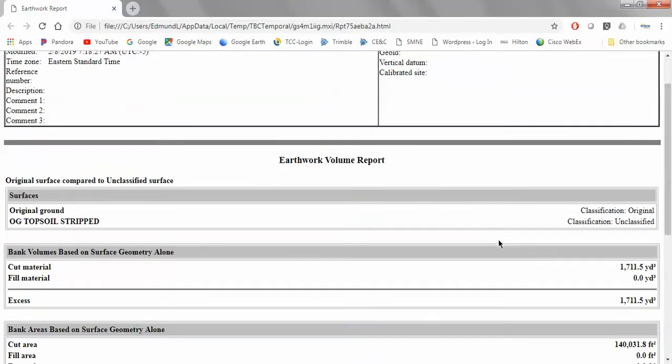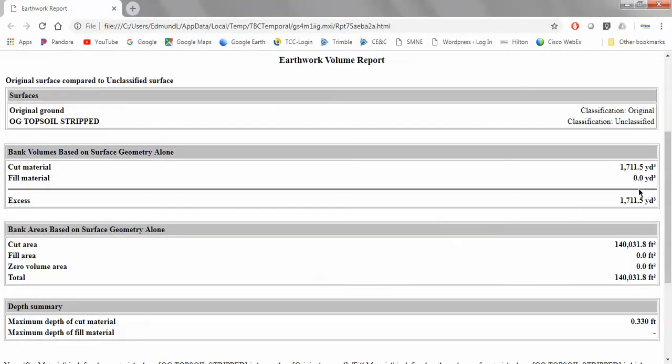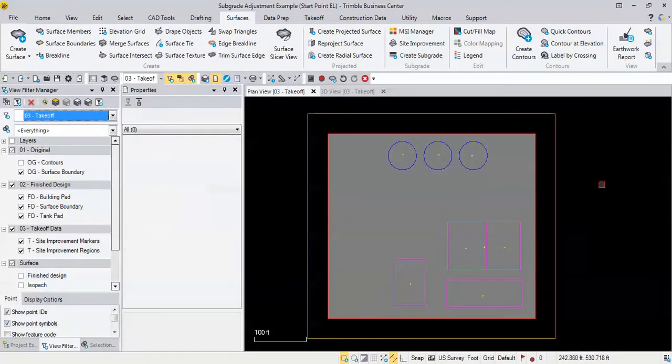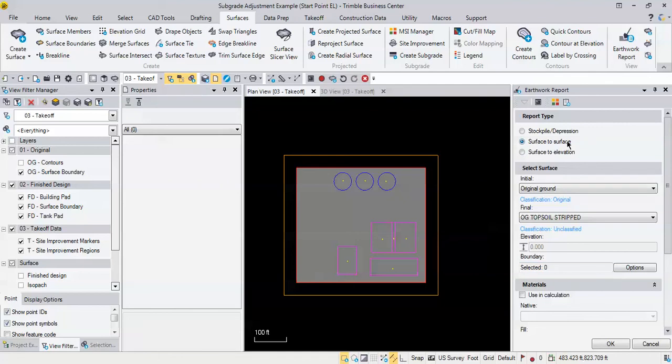and it's going to run a report, and it's going to give me the amount of cut that I have here to get down from original ground 4 inches across the whole entire site. I get 1,711 cubic yards. So that would be my number of topsoil that I need to remove. The next step would be to do another earthwork report. And I'd want to do a surface to surface again, but I want to go from my stripped topsoil surface to my subgrade. I would call this my mass earthwork